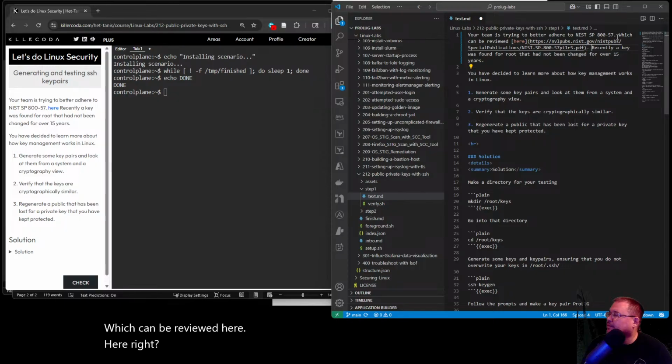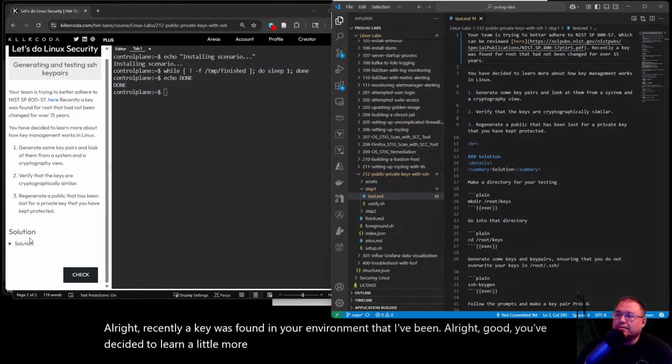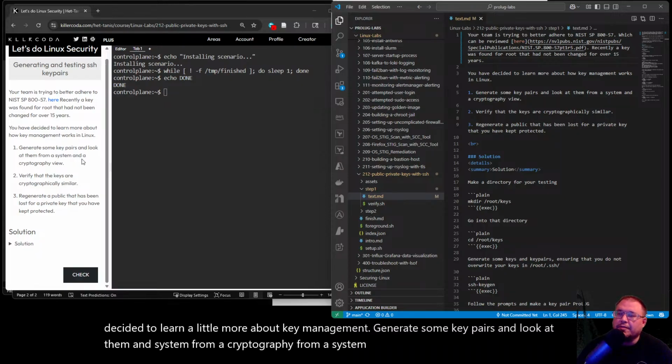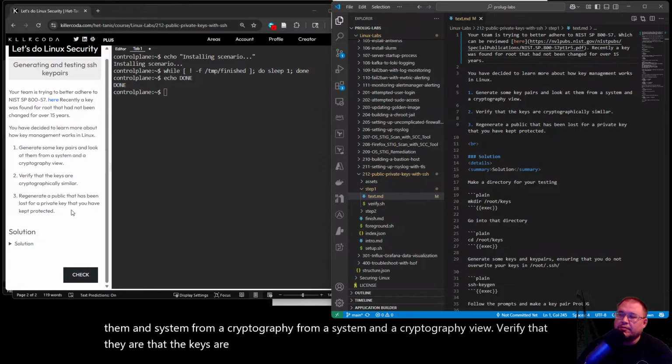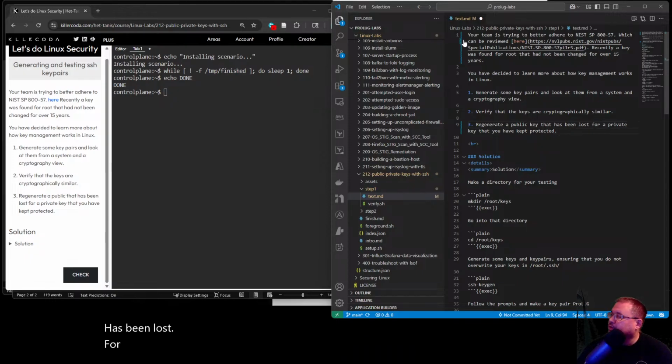Recently, a key was found in your environment that had not been changed in over 7 years. All right, good. You've decided to learn a little more about key management, generate some key pairs, and look at them from a system and a cryptography view. Verify that the keys are cryptographically similar. Regenerate a public key that has been lost for a private key that you have kept protected.